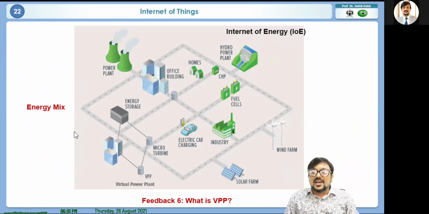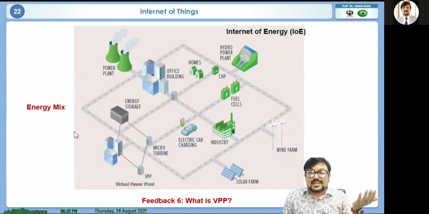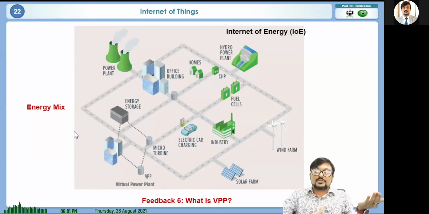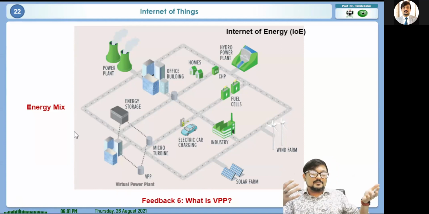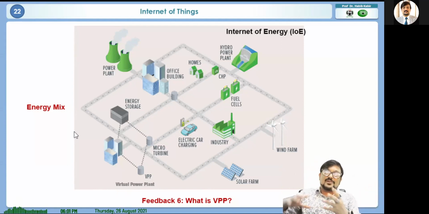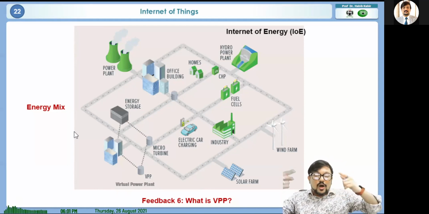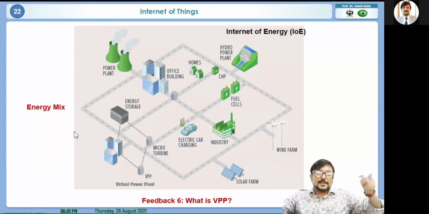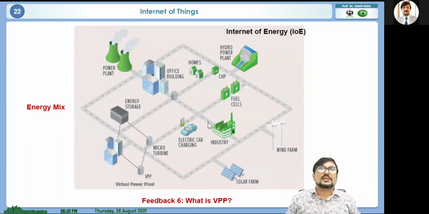Depending upon one source of energy is not enough for us nowadays, because we are talking about renewable, but renewable means what? The solar will work only in the daytime. Then wind will work during the monsoon season. Then biogas works whenever we have biogas. So if one part cannot be replaced by another,